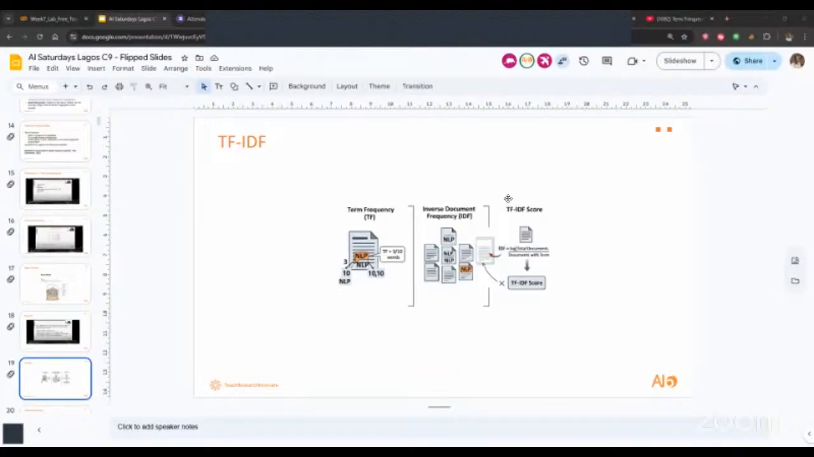Term frequency takes the occurrence of the word and divides it by the total size of the data, the data set. Then for inverse document frequency,